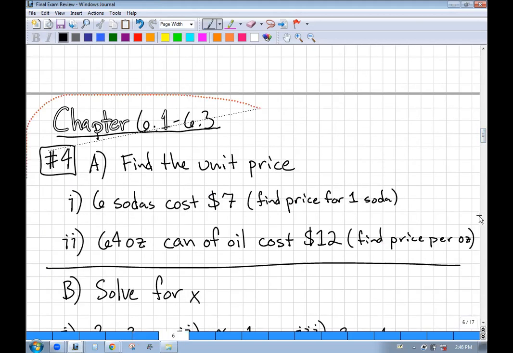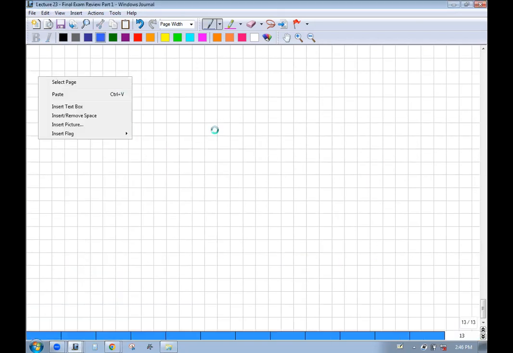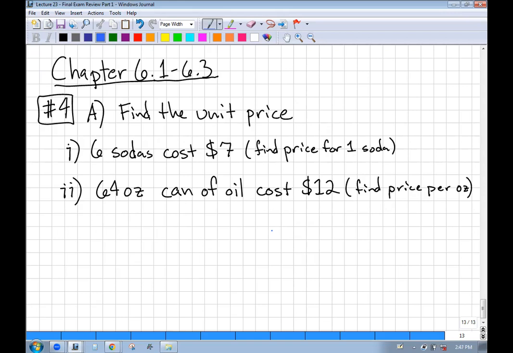Look at number 4 here. Find the unit price. Y'all remember this? We need to find the price per unit. How much does one soda cost? So if 6 sodas are $7, what we're looking for is dollars per soda, dollars per one soda specifically. We know it's $7 per 6